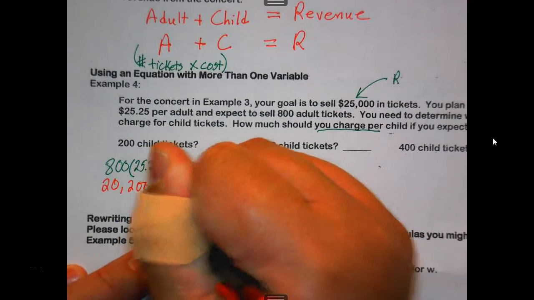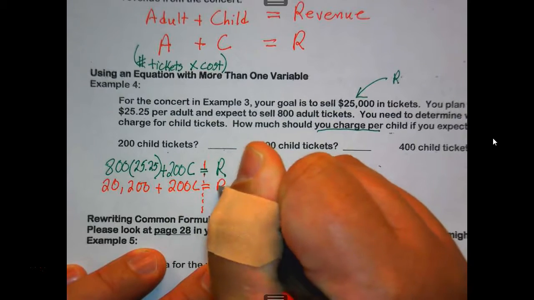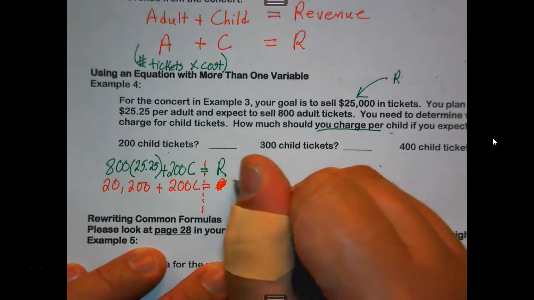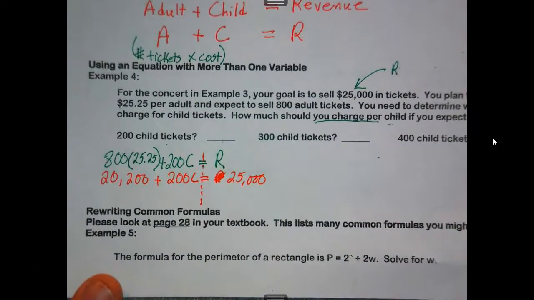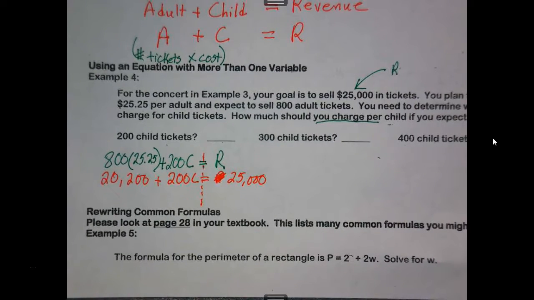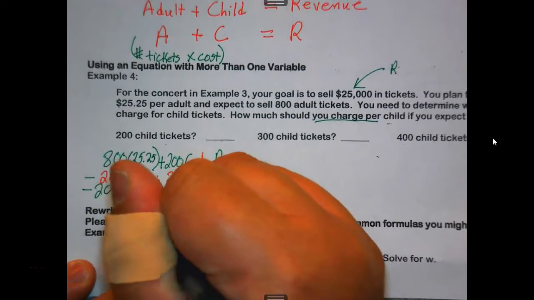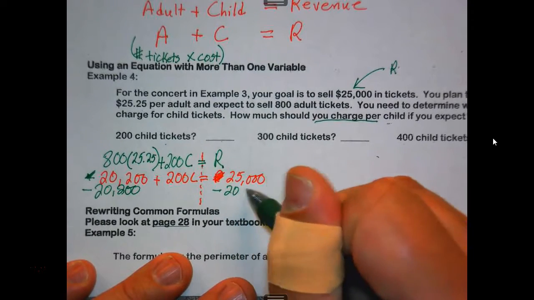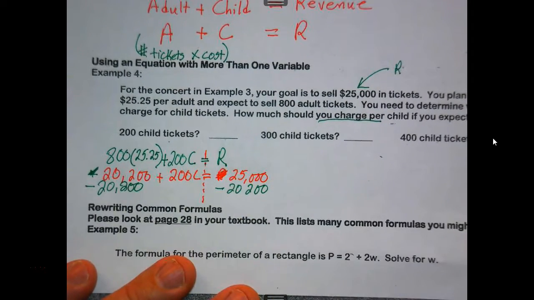I knew I could do it. 200C equals, wait, what's my revenue? 25,000. Subtract 20,200. Let's see, that gives me 200C